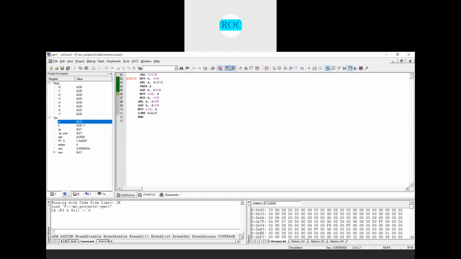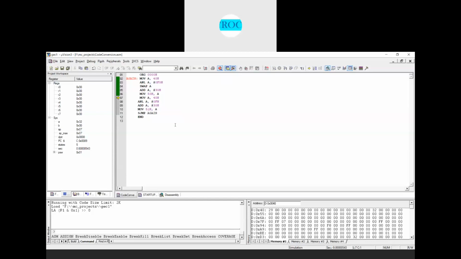This is the ASCII equivalent of unpacked BCD number 02, and this 32 I'll move into the 50H memory location. So 50H will be having 32 now. You can see it here, in memory location 50 we have 32.